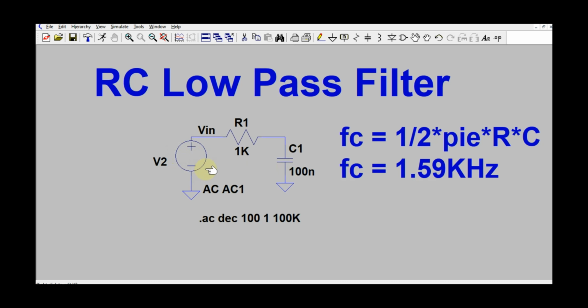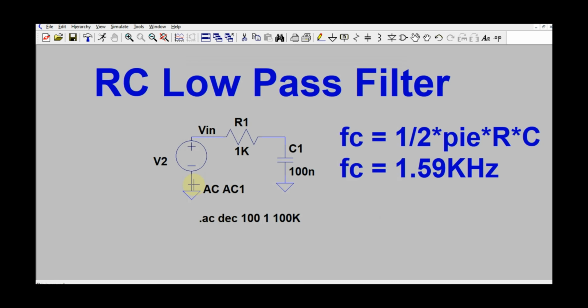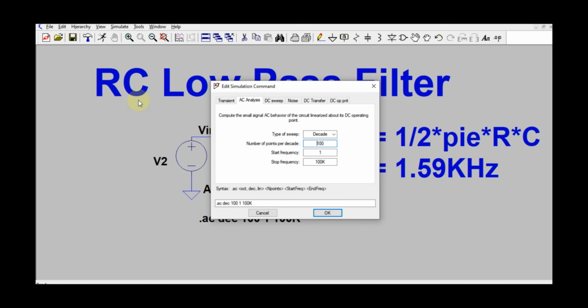I hope you now know by watching all my videos how to draw a circuit in LTspice. So you have to select one voltage source, and for AC analysis you define not any amplitude here. Let's say it's AC 1, right? You have to select none here and you can say AC 1. Okay, so this is AC 1, and to run the AC analysis you have to go to Simulate, Edit Simulation Command,